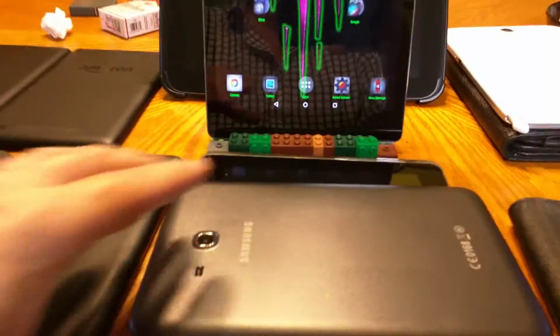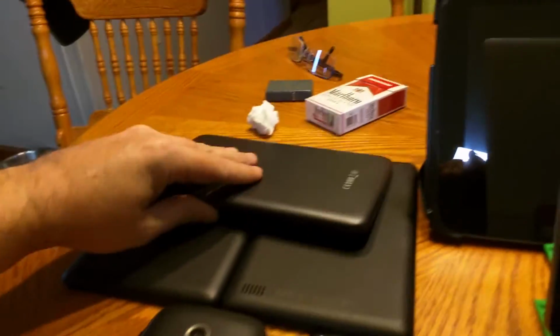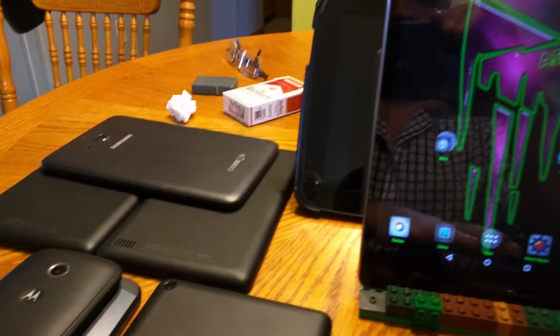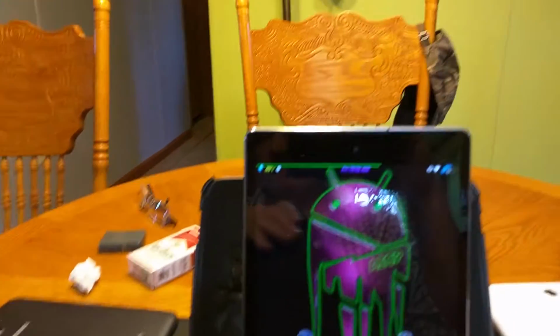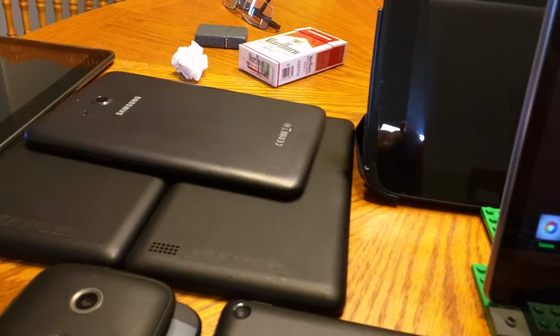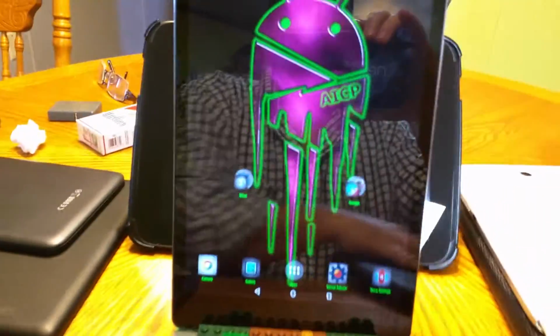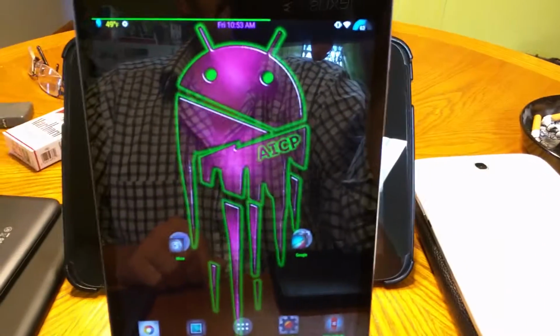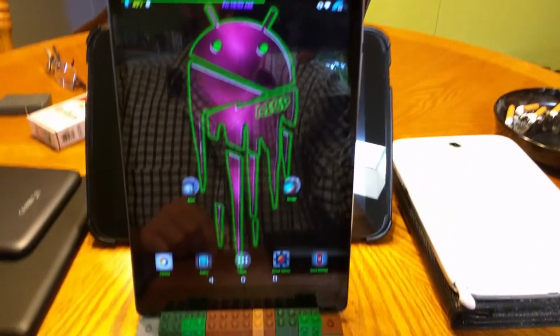So what I'm going to do here is try to set this up. Those are my three Amazon Fires and my Samsung tablets. I want to try to get a nice steady shot, this is going to be different. Very, very different. Alright, sorry guys for the shaking. I'm trying to get this so it actually looks fairly decent. Okay, now,